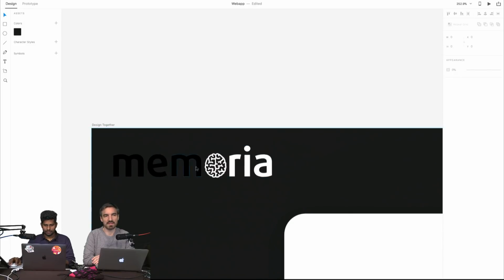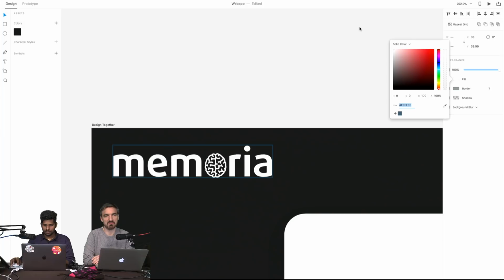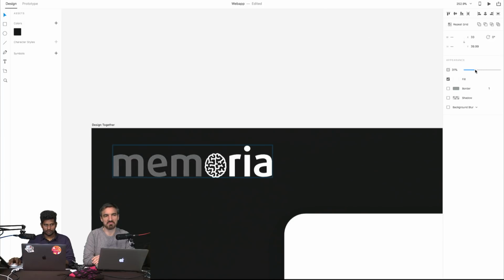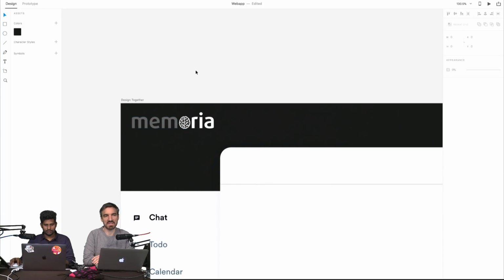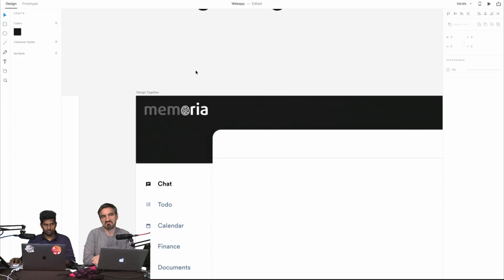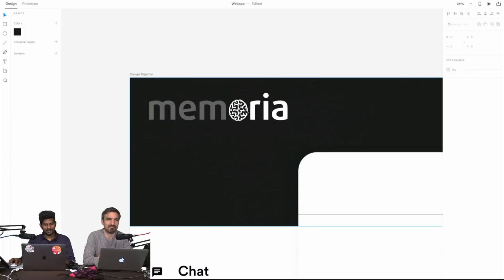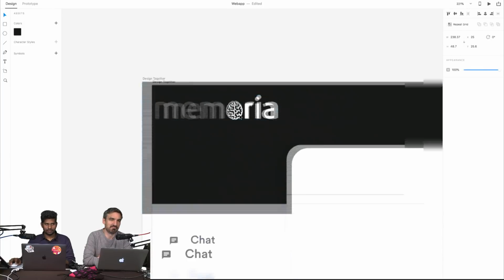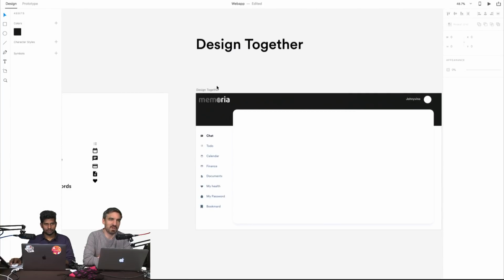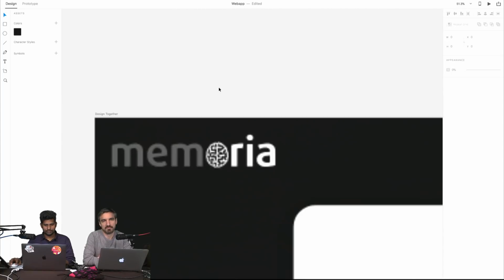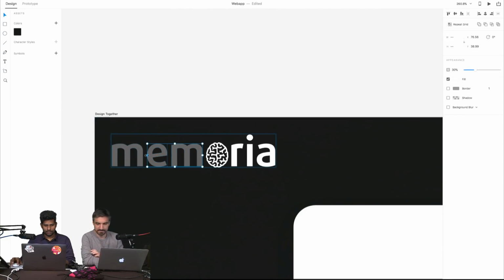And if you select everything, it doesn't work? Oh, you want to do two colors? No, I initially thought of giving it like this. Does it make sense? Yeah. I thought to give a highlight to the brain. To highlight the brain. Okay. We'll see later. It's a wireframe. Yeah, it's a wireframe, we don't need to worry. That's why we are making wireframes. Otherwise, I need to worry about colors.